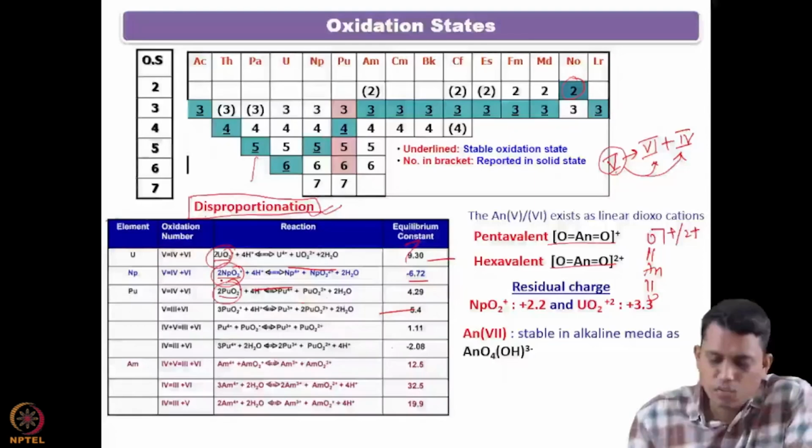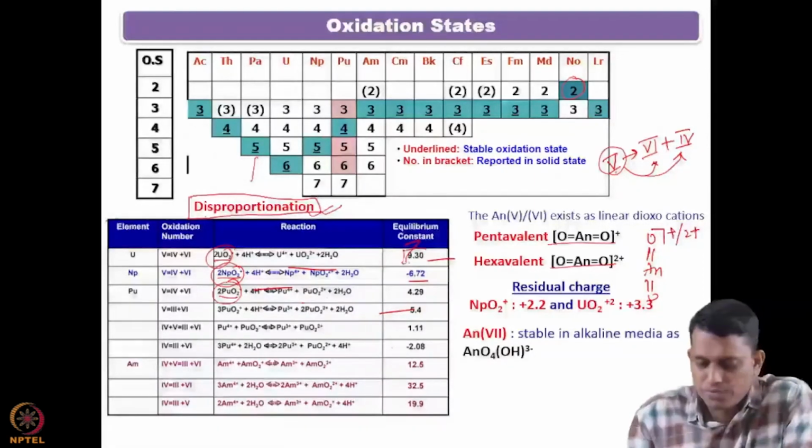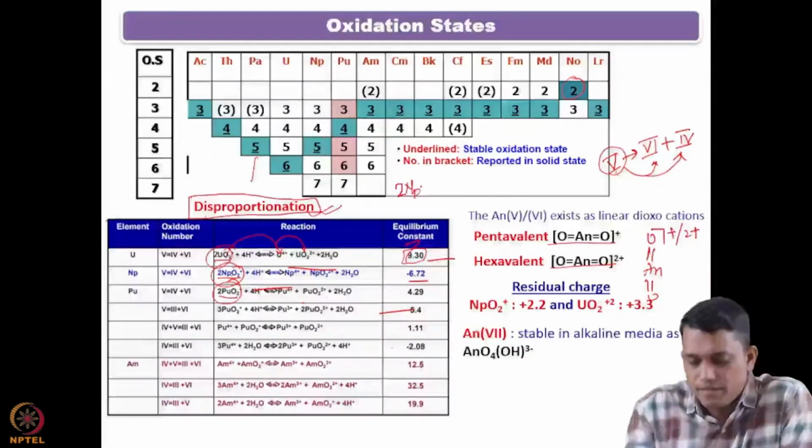And if you see the equilibrium constant, that is very, very high for the uranium compared to neptunium. That again suggests that neptunium 5 is more stable compared to uranium 5. And when they disproportionate, what they are forming is a lower oxidation state, that is uranium 4 and uranium 6. Similarly, when you talk about neptunium, that is NpO2+,